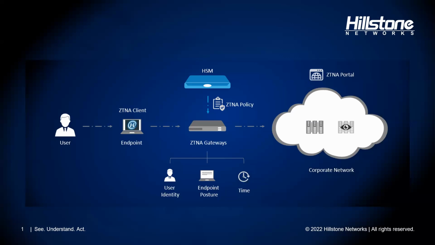We will begin by defining what a ZTNA policy is. A ZTNA policy is a set of rules that enables secure connectivity for remote users to private apps without placing them on the network or exposing them to the internet. The policy achieves this by using a range of security controls, such as authentication, authorization, dynamic access, and least privilege, to verify the user's identity and determine what resources they can access. This approach helps to reduce the attack surface by only allowing authorized users to access specific resources, thus mitigating the